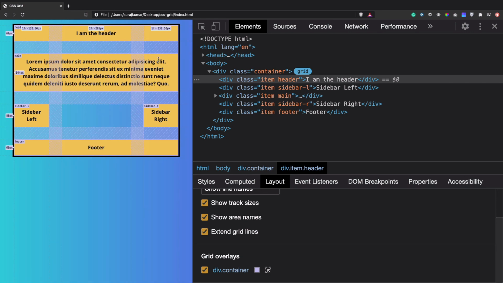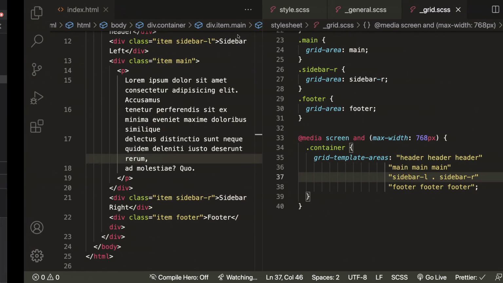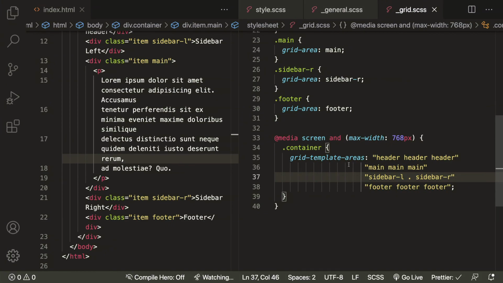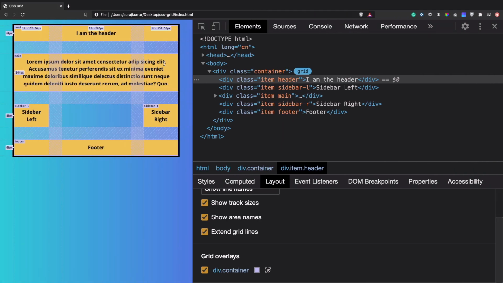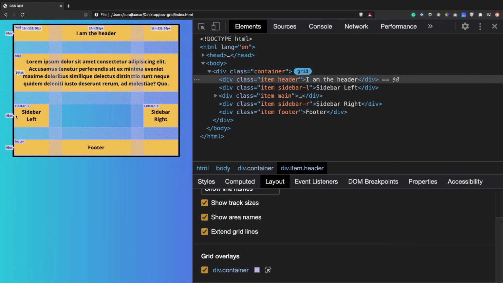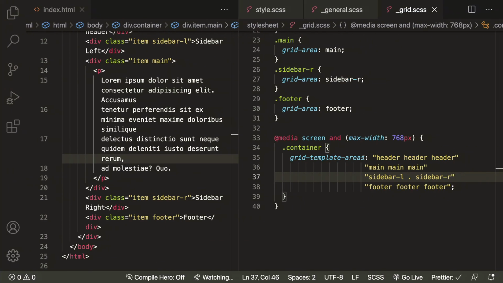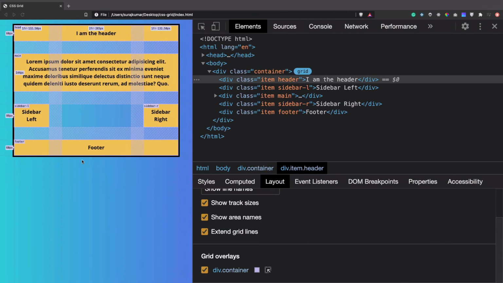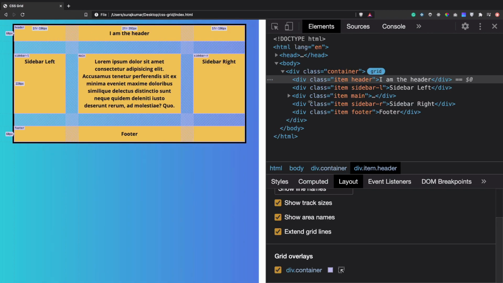So at 768 pixel we have header, then we have main, then sidebar L, empty, sidebar R, then we have footer. So this is how you can work with the grid template areas or grid areas.